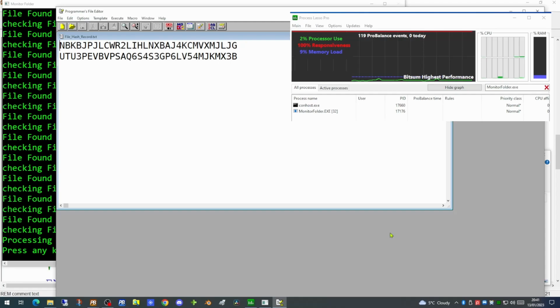So we now have a method of actually monitoring a folder continually, waiting for a specific file to be copied into that folder. We can then check the content of that file to see whether it's a file we have seen before or not. If the file has been seen before, then we will continue waiting for another file to come in. If we haven't seen the file before, then we can continue and do any processing you wish on the file. Hopefully you'll find this mechanism for monitoring for files in your folders